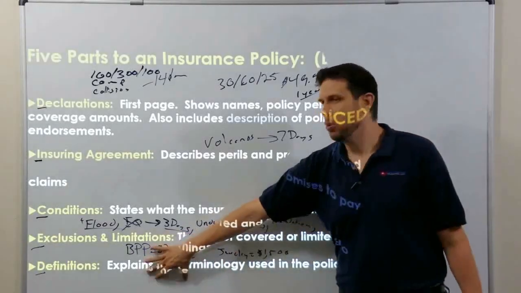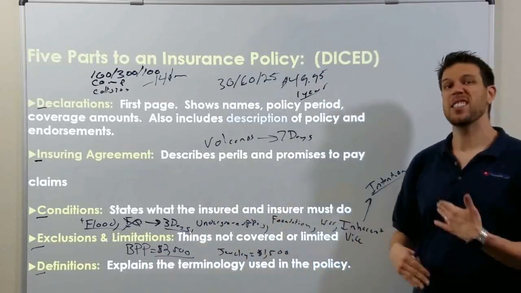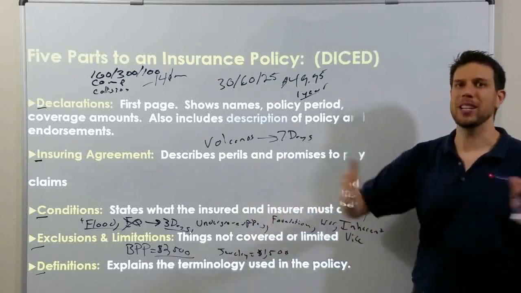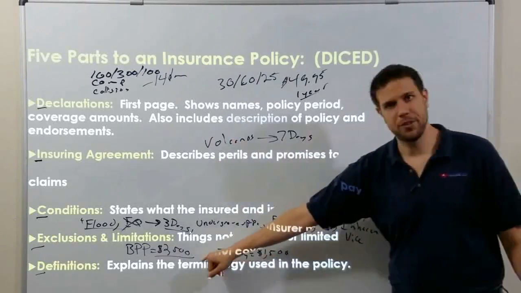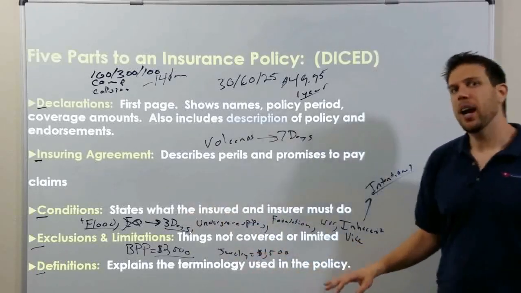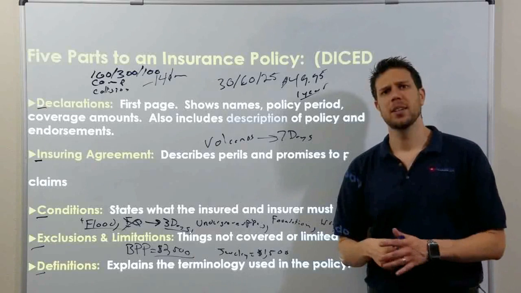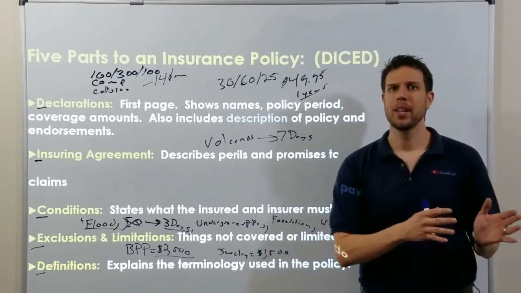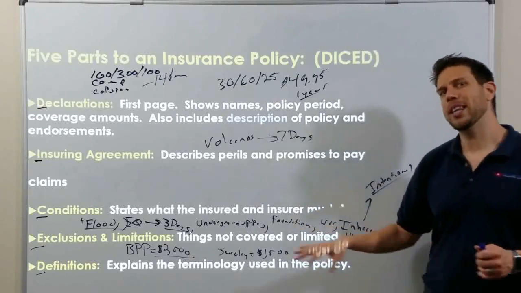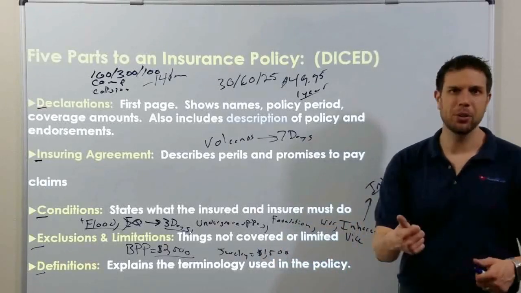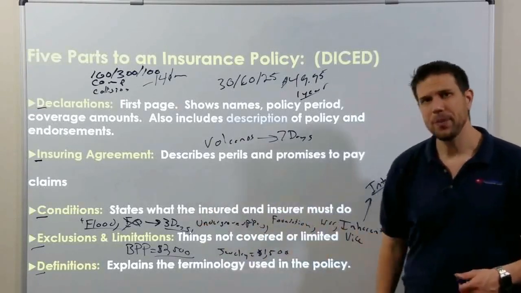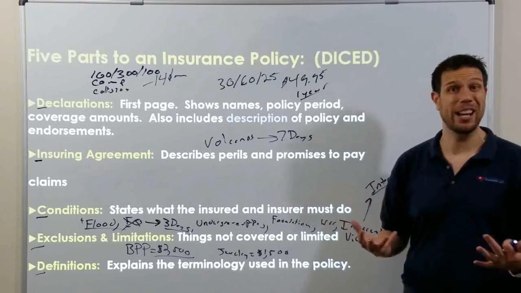The definitions portion of your policy clarifies the terminology used. So like the whole volcano for every 7 days, that's a definition. Earthquakes 3 days, that's a definition. What do you think the difference is between a hostile fire and a friendly fire? A friendly fire is one that you set. That's like a candle, that's like a contained fireplace fire. A hostile fire is one that's angry.